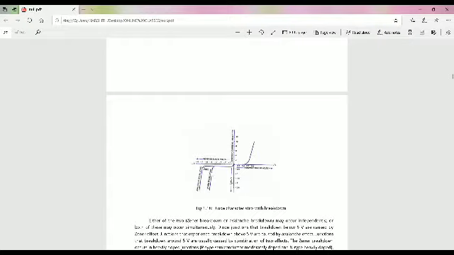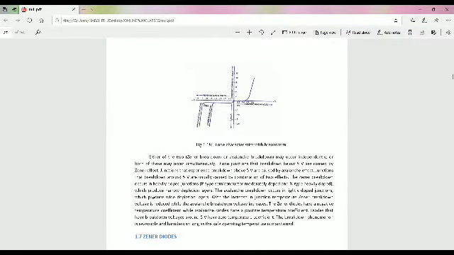In Zener breakdown, the breakdown voltage decreases as junction temperature increases. That means Zener breakdown has a negative coefficient of resistance, NTC. NTC means negative temperature coefficient. That means as temperature increases, the resistance decreases. This occurs only in heavily doped diodes.